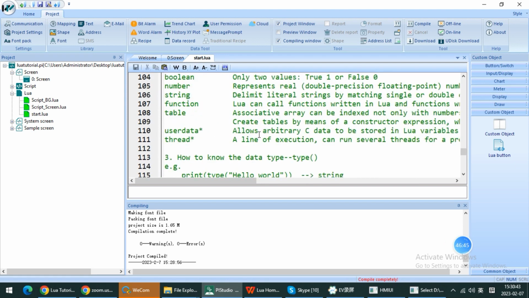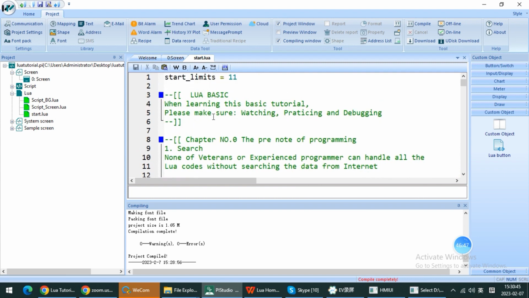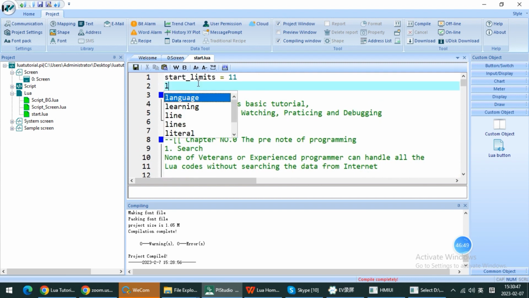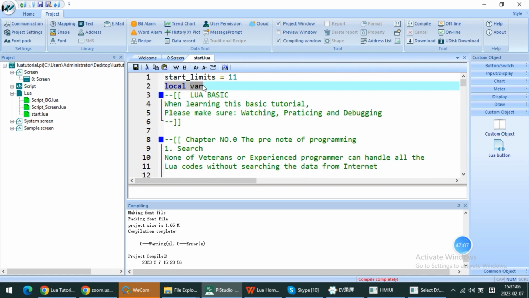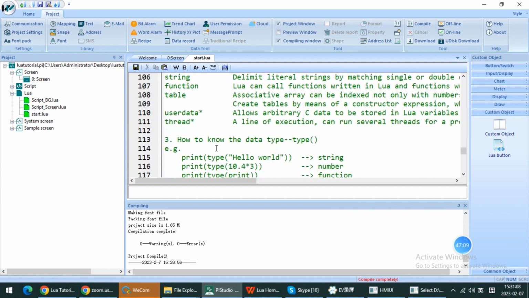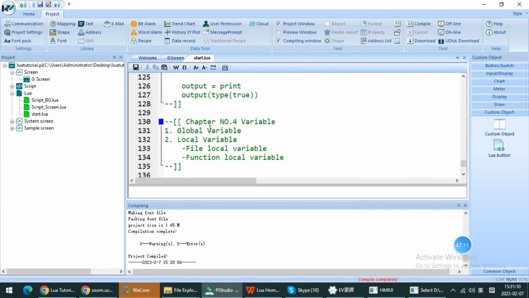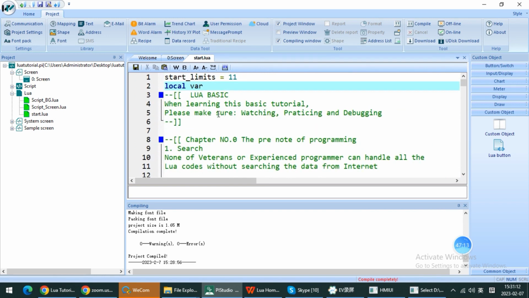Okay, so if I define on the head of the Lua file, so it means it is file local variable. Okay,